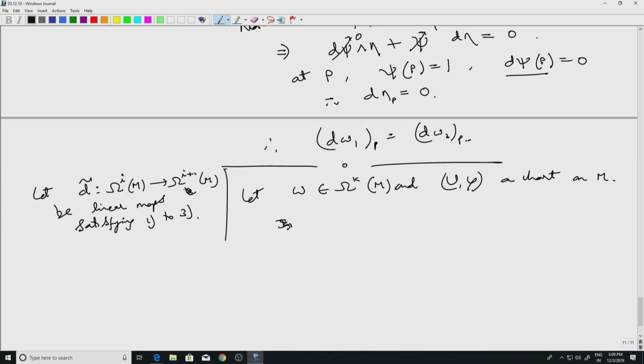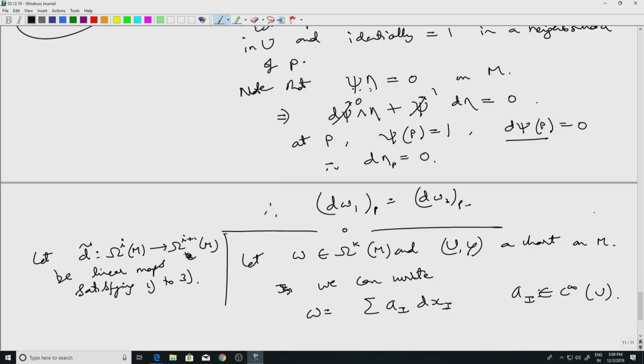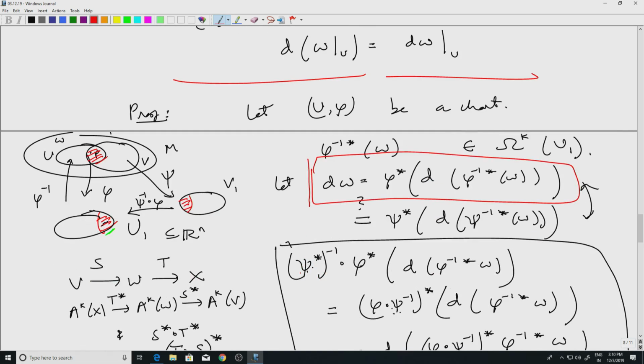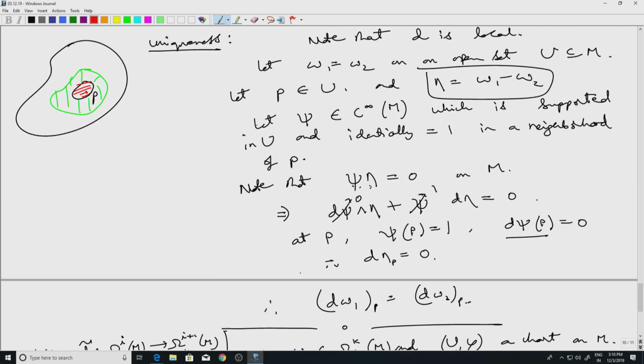Let omega be any form and you take a chart on M. We can write omega equals sum of A_I dx^I, where A_I are smooth C infinity functions on U. Now what I should remark is that the definition of D that we gave, namely pulling it to Rn and applying D there, this definition, the one in the red box, will imply